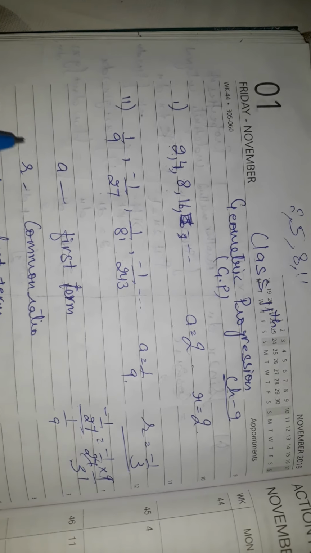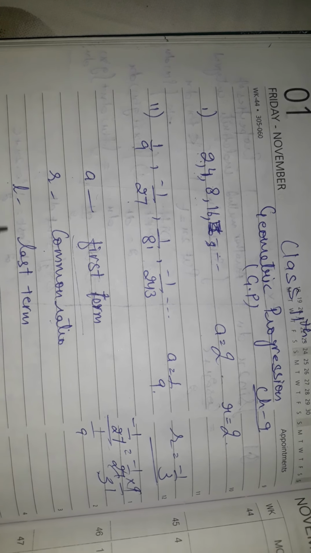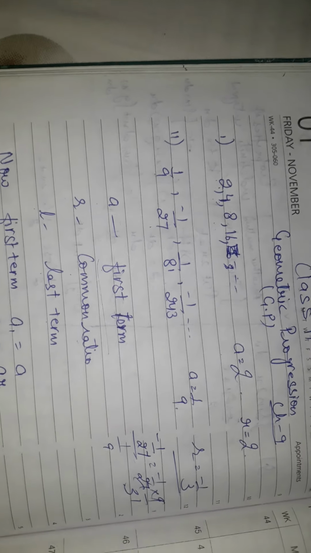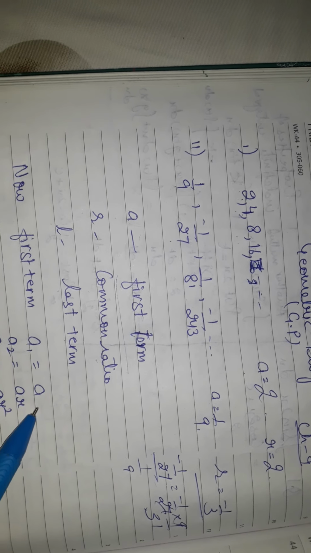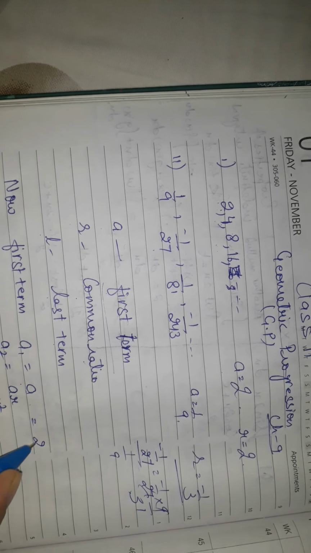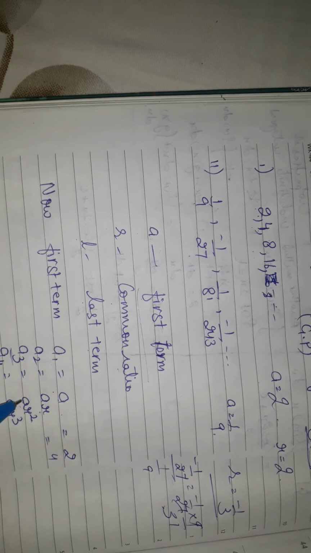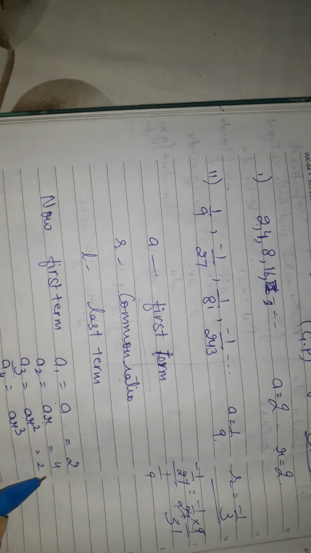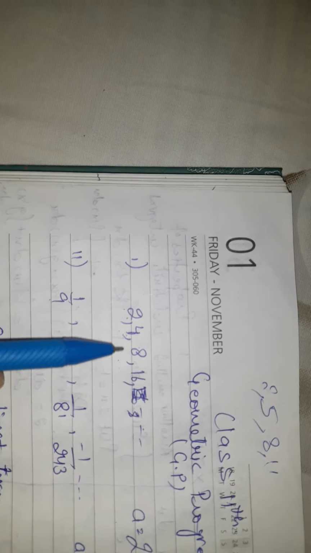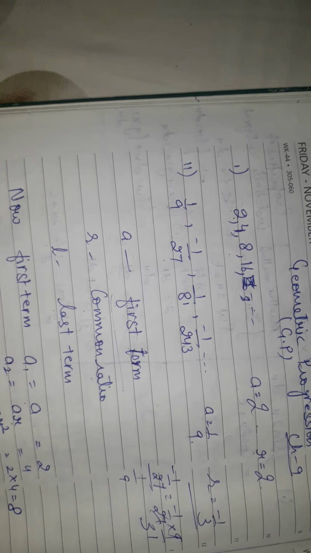Now similarly, I have written here A is your first term, R is your common ratio, and here also, beta, L is denoted for last term. Now the first term is what? A1, so this is A here. If you see the second term in this series, A is 2, R is 2, so what is it? A is 2 first term, R is 2, so 2 into 2 is what? 4. AR square, third term, is what? 2 into 2 square, that is 2 into 4, so it is 8. So you can see this is 8 also. Similarly 2 into 2 cube, so 2 cube is 8 again, and 8 2s are 16, so the fourth term is 16.